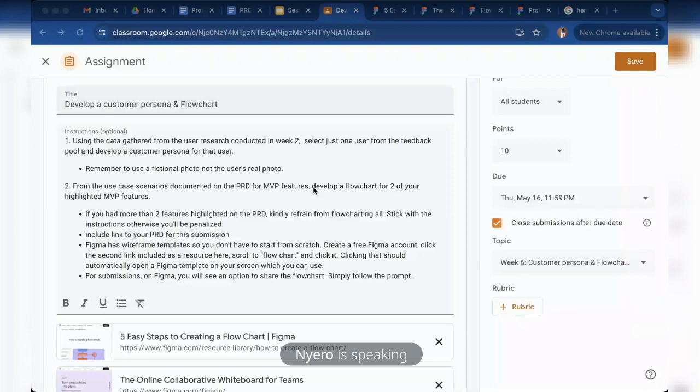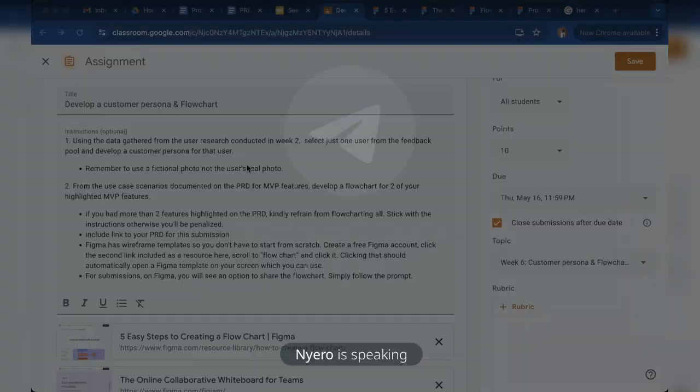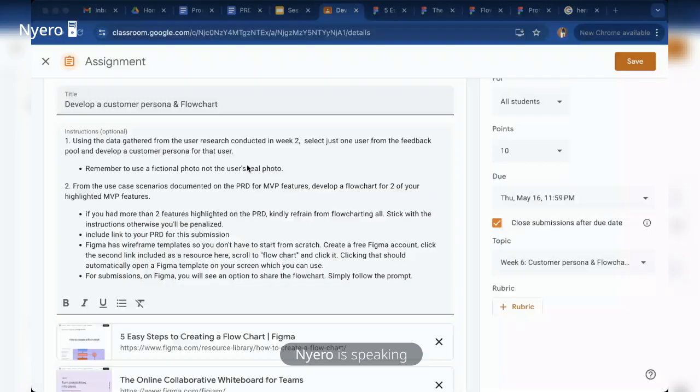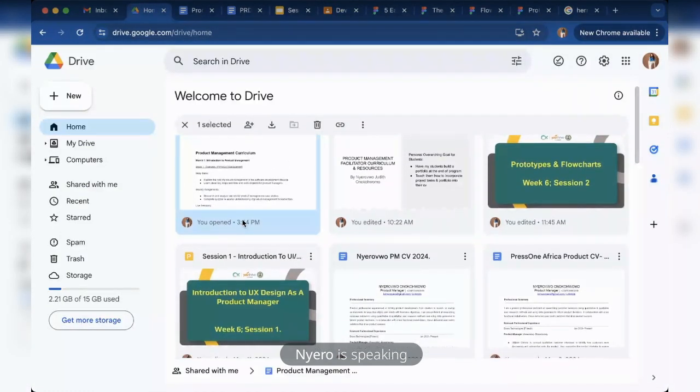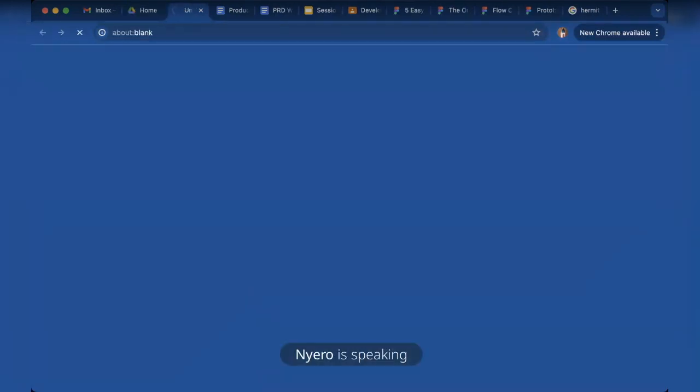So number one is, I showed you a customer persona yesterday. You can refer back to slide 1 to look at what a customer persona looks like. Now, you've gathered data. Remember, I said that the information in the customer persona is what you got from your user research. Now, you are using that data to inform it. In fact, let me bring up our customer persona so we can do a more